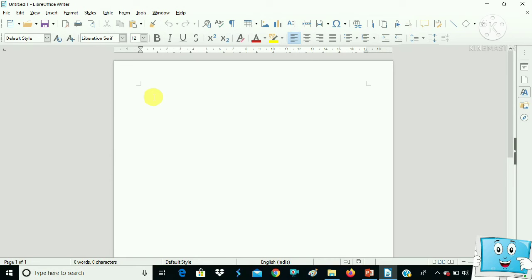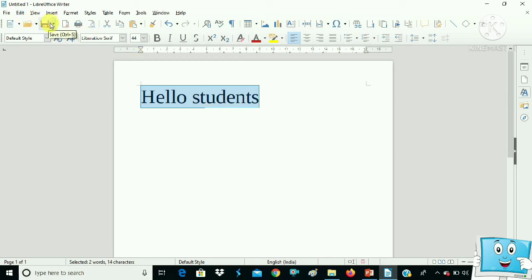From the cursor we have to start typing. Wherever the I-beam is blinking, we have to start. So I am writing here "hello student". Now I want to change the font size. So I have to select this text and go to the font size, and I make it large, and the size of the font changes from small to large. So these are the operations from the toolbar, and now we have to save the file.